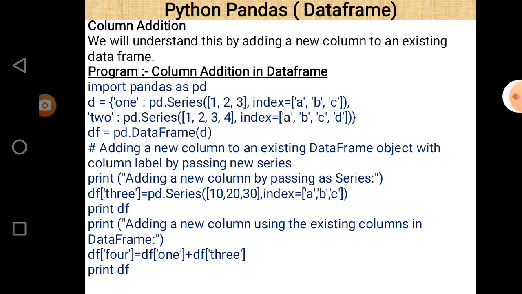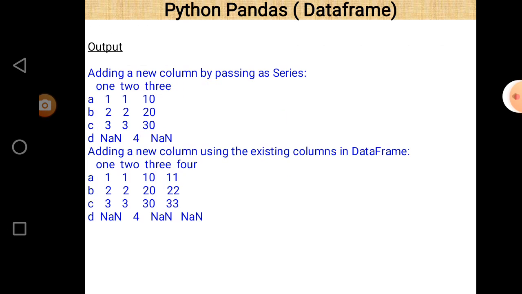This is a print statement, and in the second last line, df[4] = df[1] + df[3]. So it actually adds the two columns 1 and 3, and the name of the new column is now 4. So 4 is the name of the column which contains the elements that are the addition of columns 1 and 3. After that there is a small print statement here, and let us see its output.